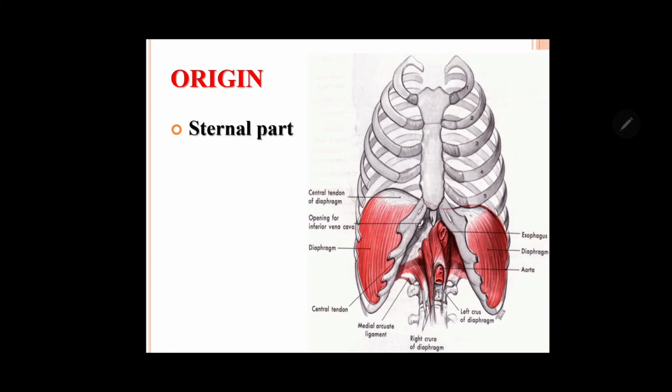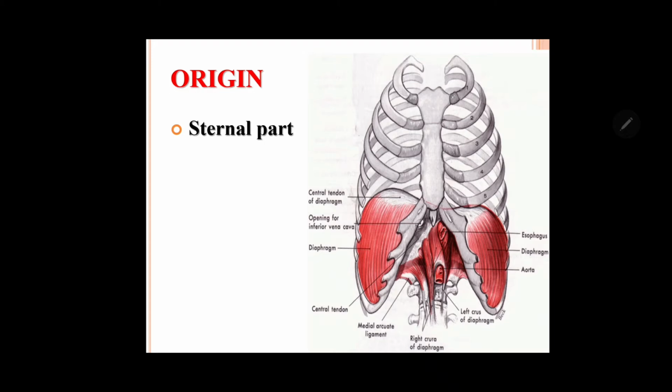So medial arcuate ligament is thickening of psoas fascia covering the psoas major muscle here. Psoas fascia is there, and then quadratus lumborum, that is the lateral arcuate ligament. Medial is thickening of the psoas fascia, lateral is thickening of the anterior layer of thoracolumbar fascia, whereas the median arcuate ligament surrounds the aortic opening here between the right and left crus.